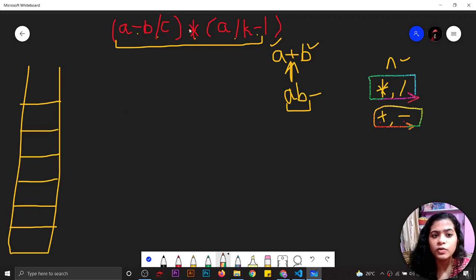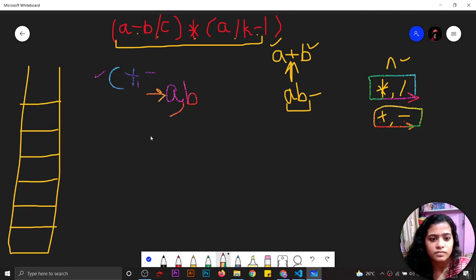So the rule for doing the infix expression into postfix expression conversion is, if we encounter any opening bracket or any operator, plus, minus, multiply, divide or any operator, then we will push the bracket also into the stack, the operators also into the stack. And if we encounter any variable or any operand, then we will store it into the answer. And if we encounter any closing bracket, then what we will do? We will pop out elements from the stack and then evaluate the expression.